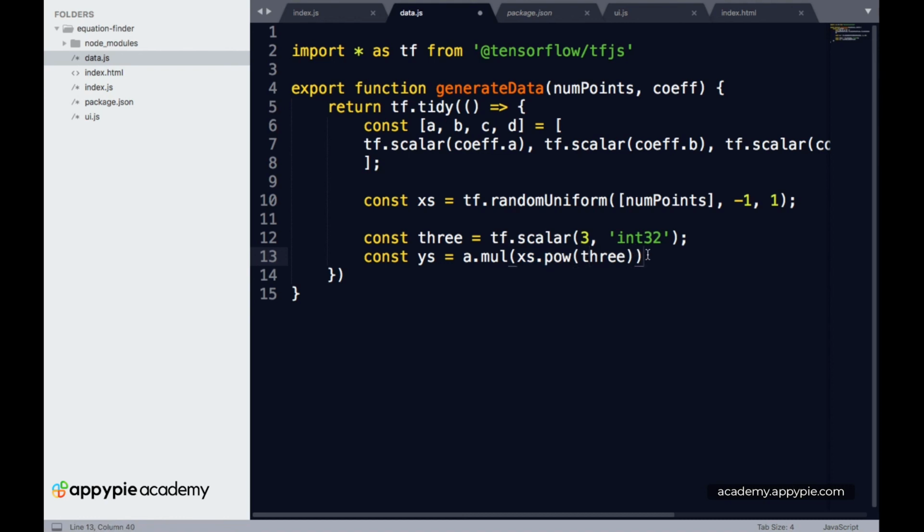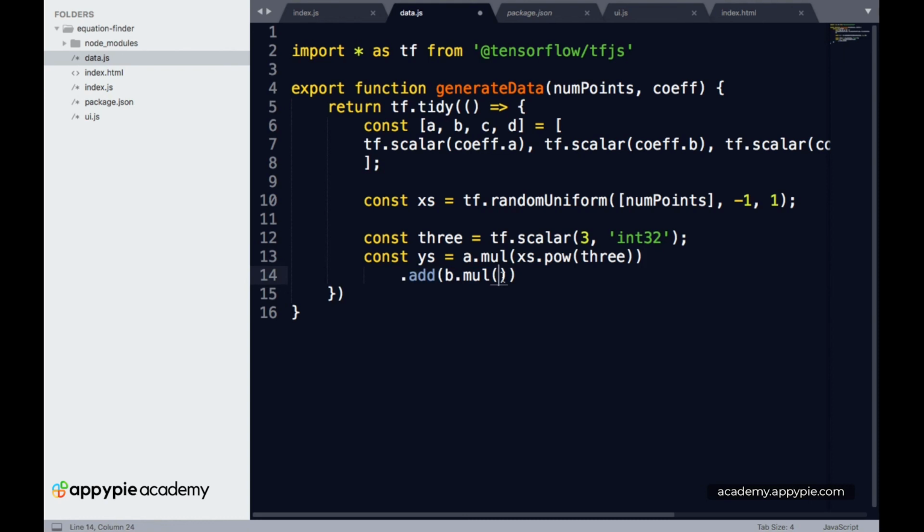Now next up we have to do a dot add function. So this basically adds a value to it, and inside that we have b dot multiply, and this line will represent bx square. So it will be b into x and its square.